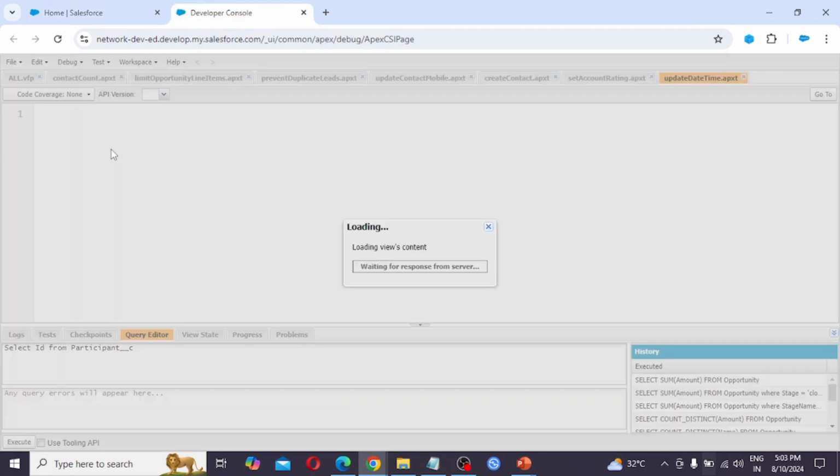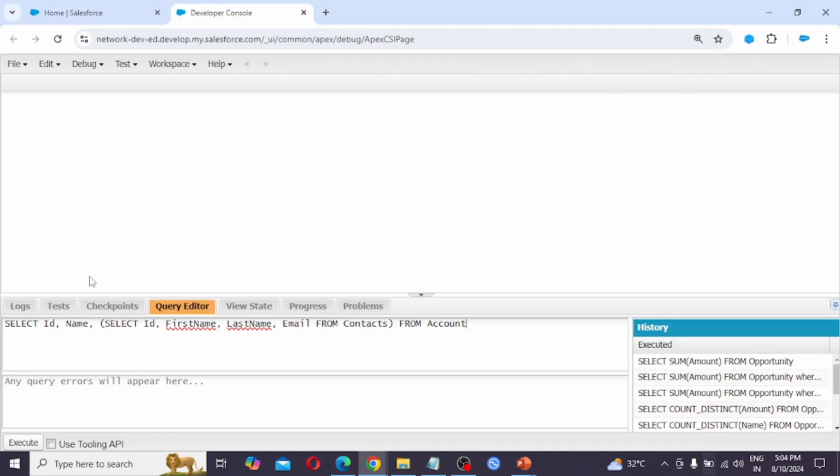First we are going to see parent to child. We write the query like: select Id, Name, then comma, a small bracket, select Id, FirstName, LastName, Email from Contacts.